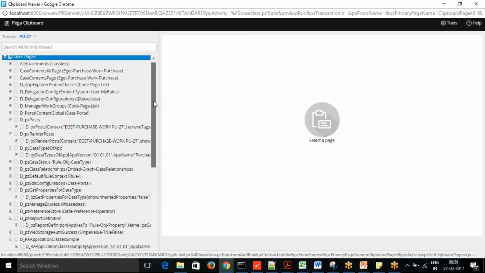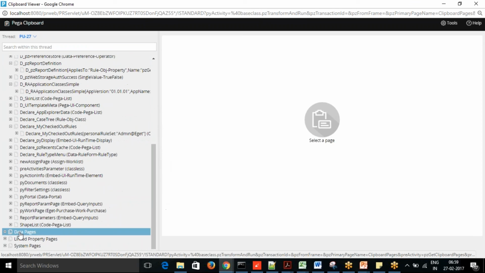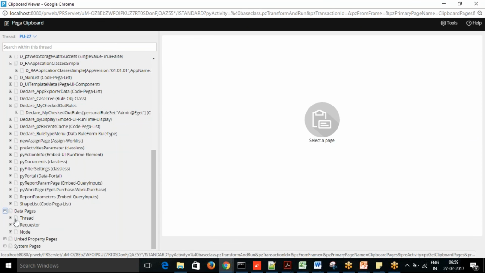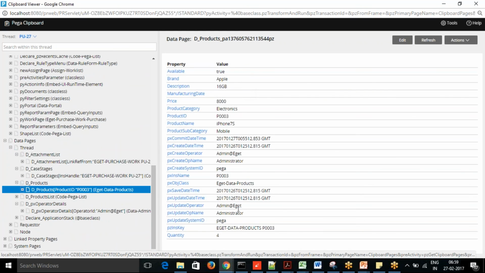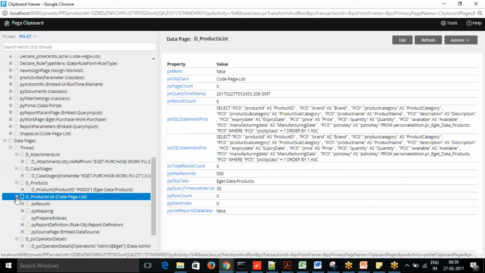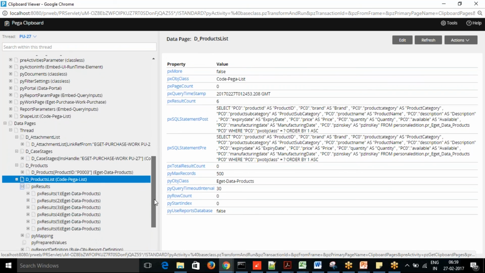If you go to data pages, you will see there, in the thread label, we have created that as a thread label. You can see what parameter we are passing and the details coming here. The product list is populated within the PX results. It will show you that here.